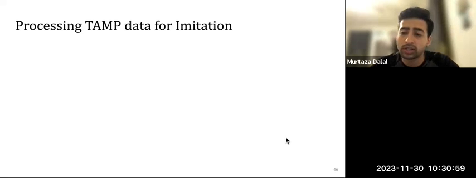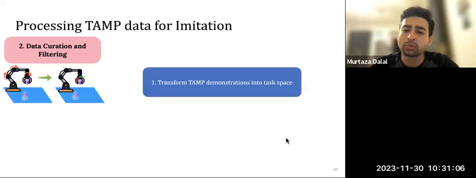So now that we've generated our data, we need to transform it and filter it to, again, maximize learning performance. One of the big issues for training visual motor policies from TAMP data is that TAMP generally plans in joint space, and it's fairly difficult to train behavior cloning from images to joint space actions. The reason for this is that the network essentially has to not only learn the policy, but also learn the camera projection from pixels to poses, and then the inverse kinematic mapping from poses to joint angles.